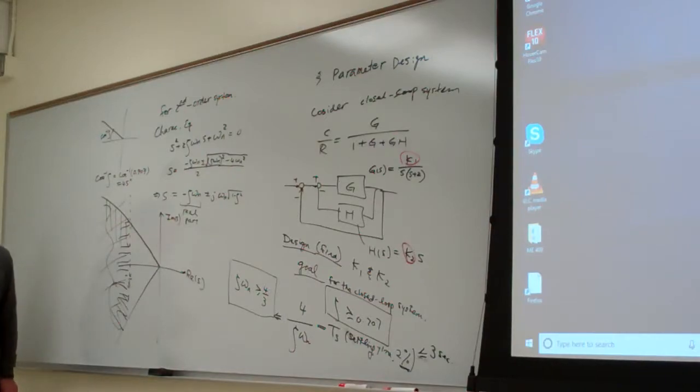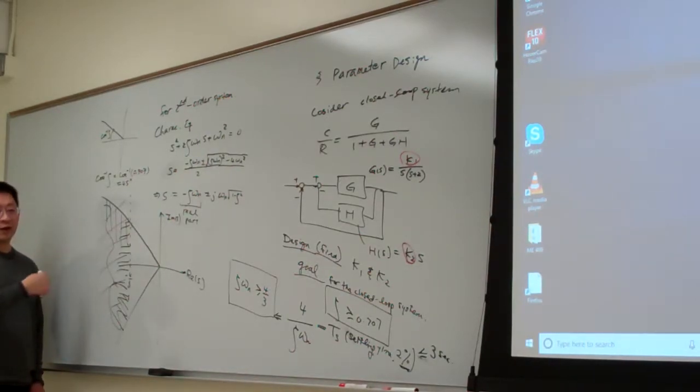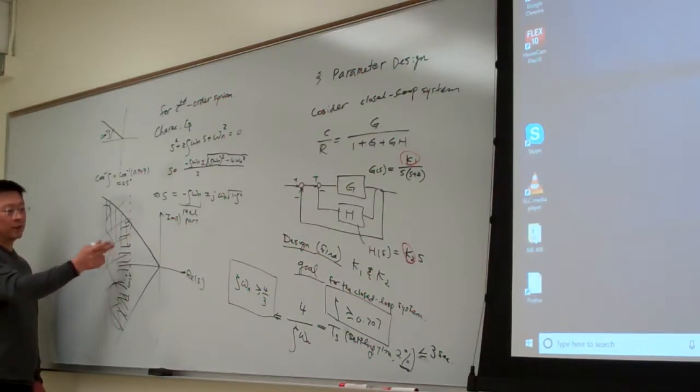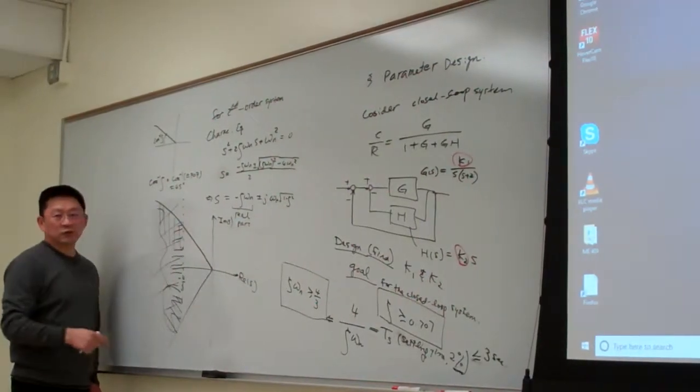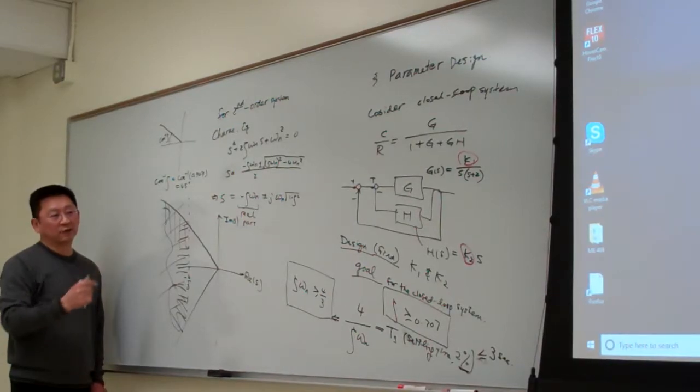That is the region for us to select K1, K2 such that the poles, or roots of the characteristic equation, are in here. If your calculation of K1, K2 puts the roots outside these regions, then you redesign and recalculate the